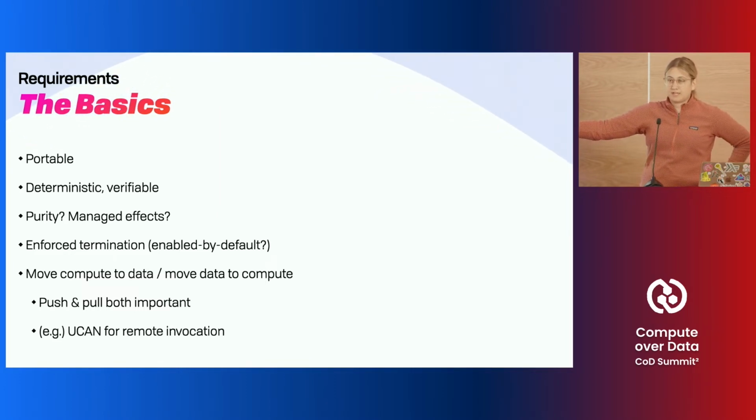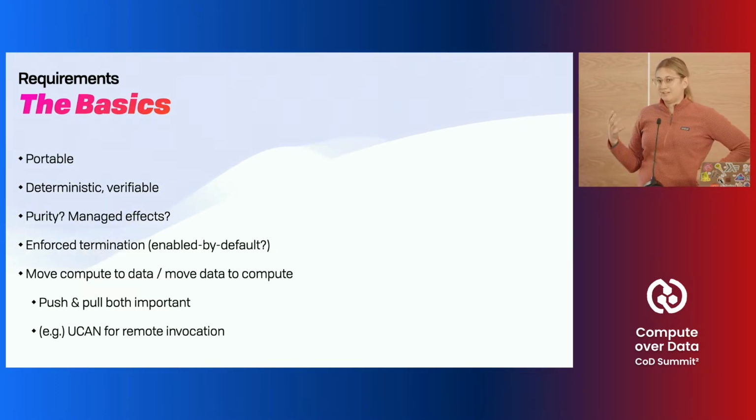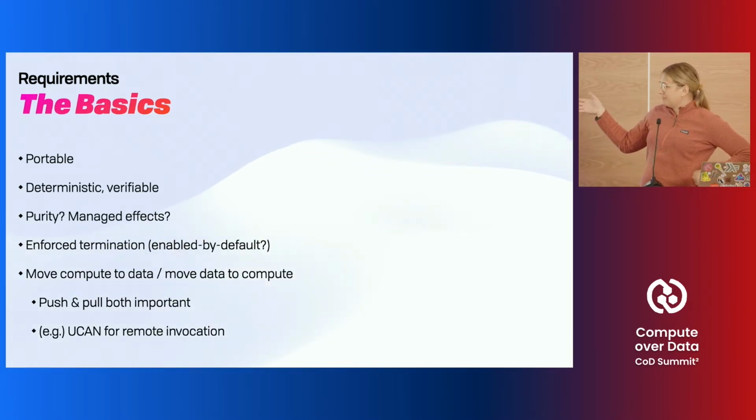So if you were around for the talk I gave yesterday, if you want to do compute, you need data, and to do data, you need, actually to do either of them really, you need some auth layer, and we're suggesting UCAN for remote invocation. Obviously, I'm biased, right? We originated UCAN inside of my company, but we've already seen people have success with this.